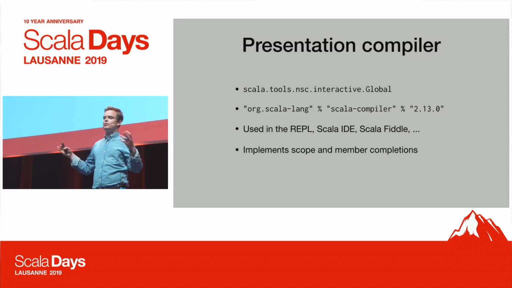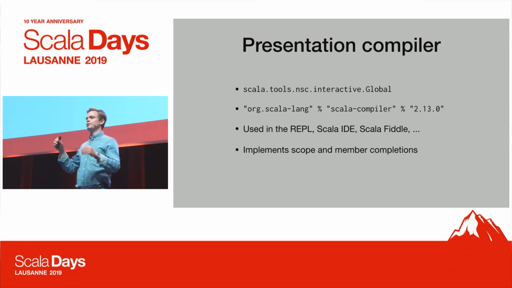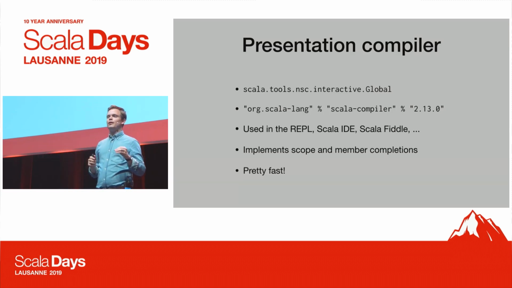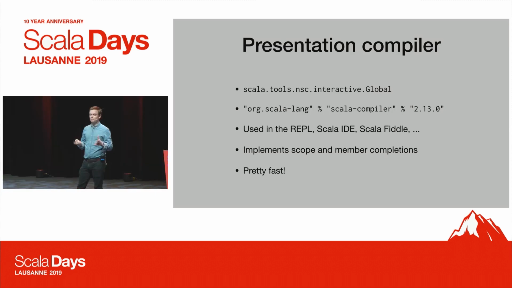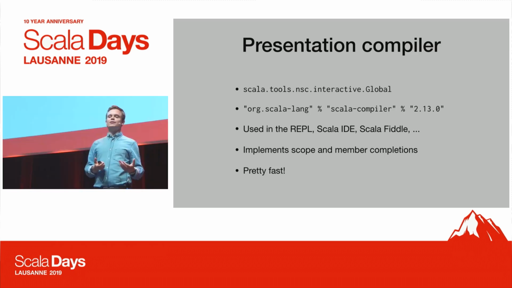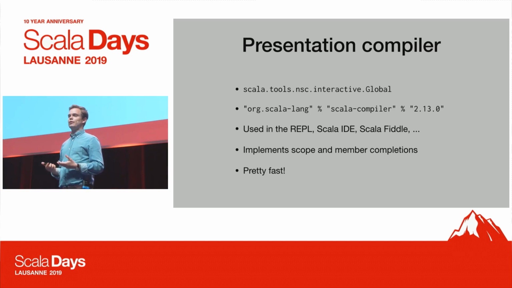And it implements essentially two kinds of completions. One of them is the scope completions, where you just pull out an identifier that's already imported in scope, and member completions, where you would do a dot and it will list out the members of that type. And as I said before, I've just been really pleasantly surprised that it's snappy and it provides really reliable member completions and scope completions. But for that rich completion experience that I was used to in IntelliJ, scope completion and member completions are not enough. What I was missing was quite a few other completions. And that's what Metals implements on top of the presentation compiler.